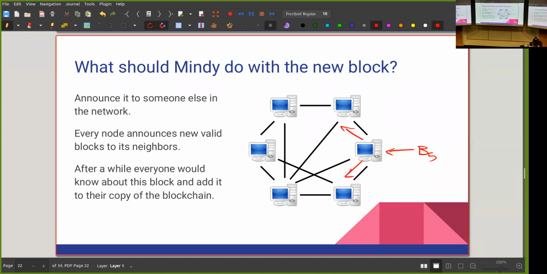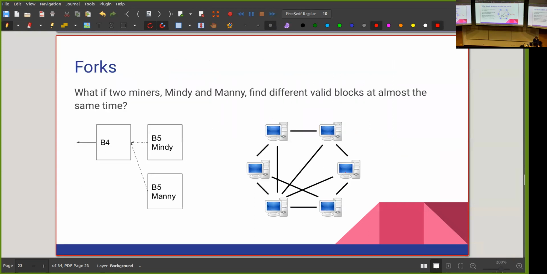OK? So would this finally give us consensus? And actually, the answer is unfortunately still no. So it makes it much more likely for us to have consensus, but it doesn't guarantee it. Why is that? Because it might be that two different miners, maybe at two different parts of the world, get lucky at almost the same time. Maybe it happens that you find some block here in Hong Kong, and at the same time, someone else finds a valid block, solves the computational puzzle successfully on the other side of the world, let's say in the US.